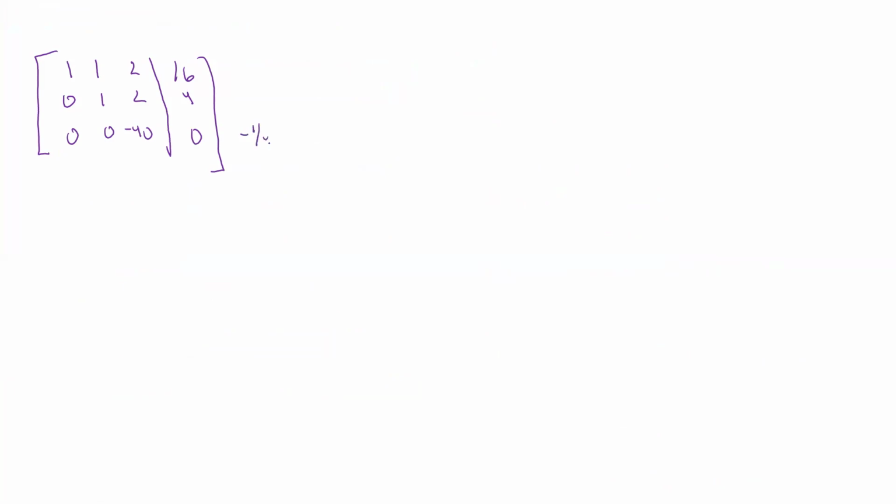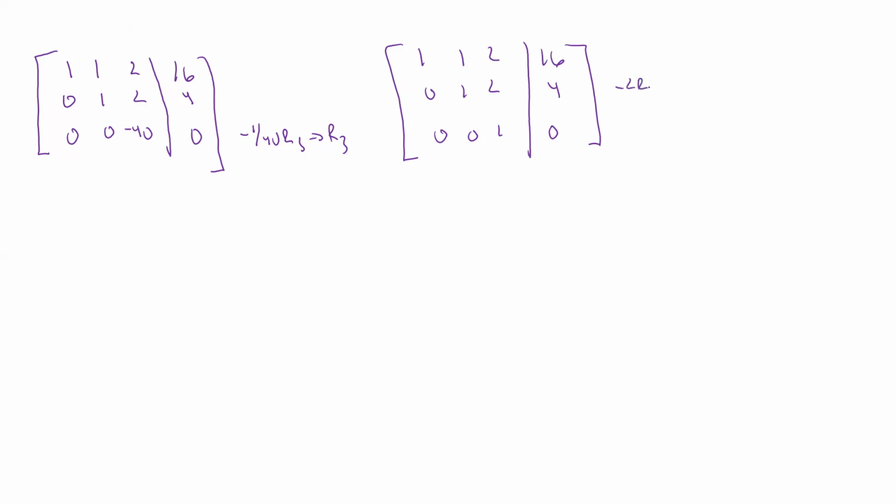So if we take minus 1/40th row 3, make that the new row 3, now we have a 1, a 1, a 2, 16, 0, 1, 2, 4, 0, 0, 1, 0. All right, so now we're at that point. Now we need to go and make those zeros. So if we take minus 2 row 3 plus row 2, that's the new row 2, and a minus 2 row 3 plus row 1, and make that the new row 1, then we get